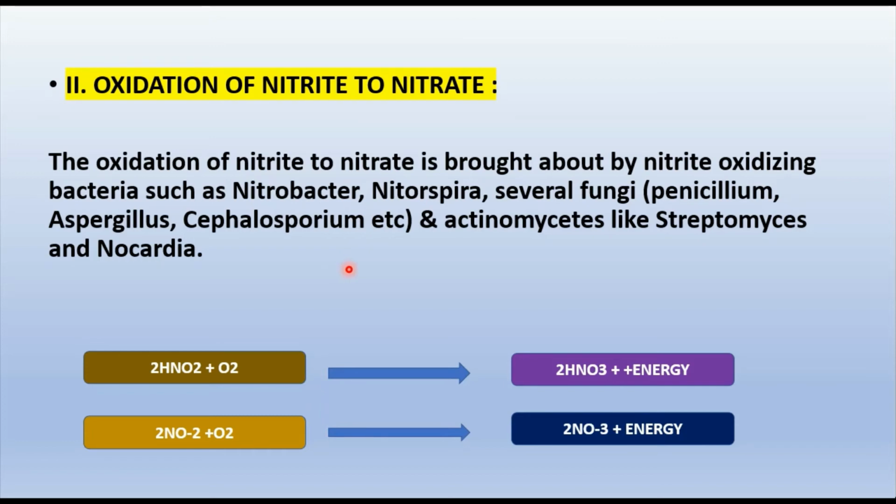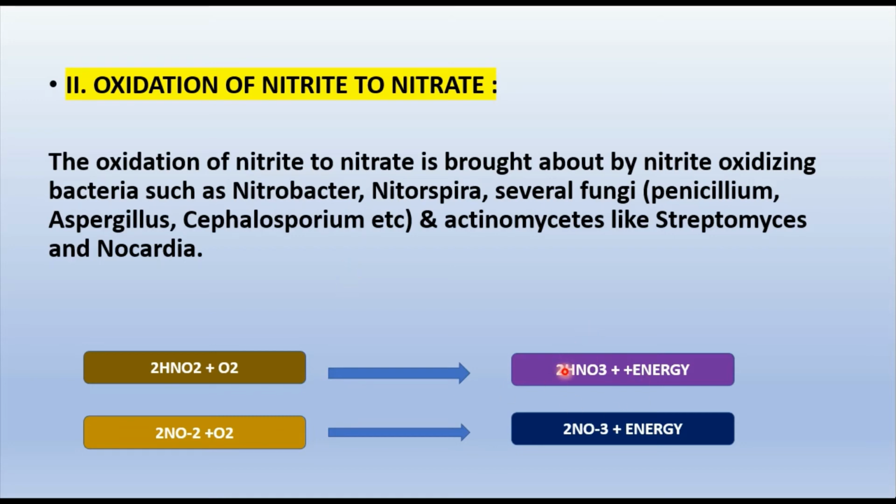That means they are able to carry out this nitrification process. And this nitrification process was discovered to be a biological process by Schloesing and Müntz in the year 1877. And then Winogradsky isolated the bacteria responsible for biological nitrification in the year 1890. So that's how this oxidation of nitrite to nitrate is going to occur, where the plants can easily take